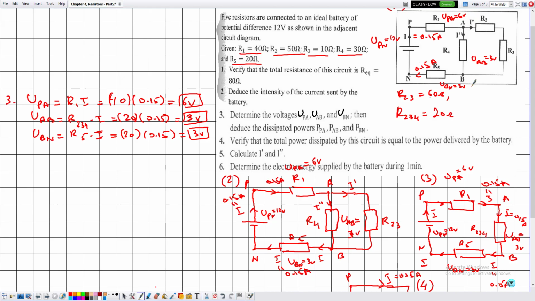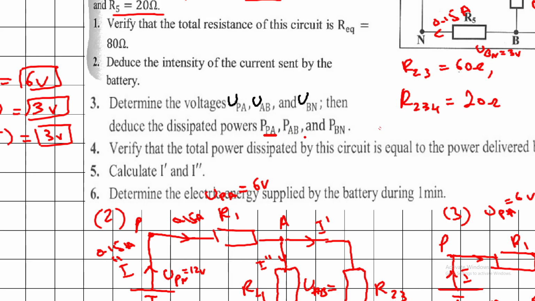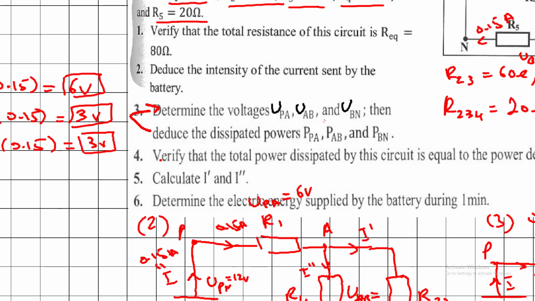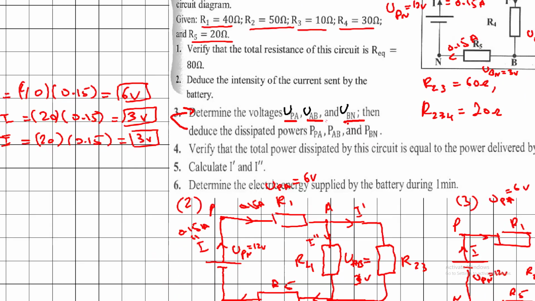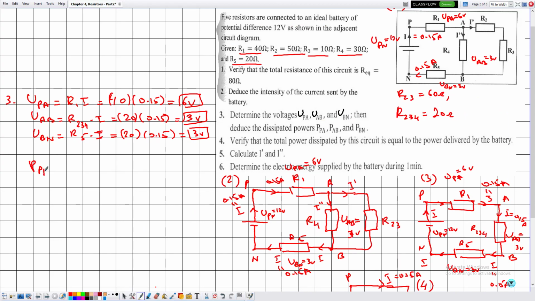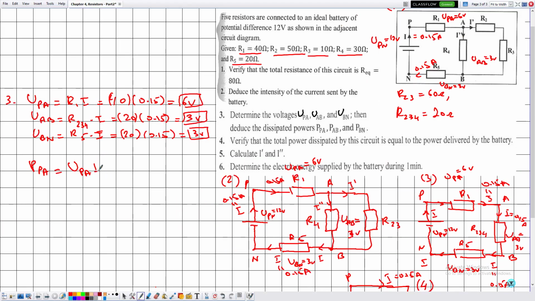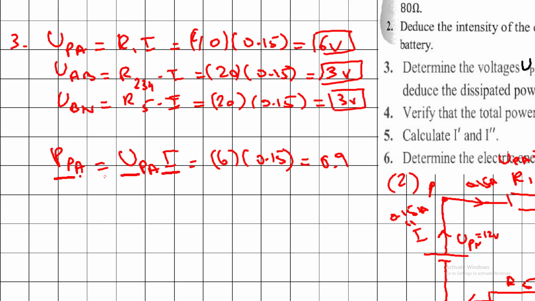Okay, great. Now they are telling me to deduce the powers PPA, PAB, and PBN. Deduce means it's related to this, and we have determined the voltages and we know the currents. So PPA is equal to UPA across the component PA. We have the voltage 6 multiplied by the current, then 6 multiplied by 0.15, which is equal to 0.9. Both of these are expressed in the SI, which means that P will be expressed in the SI,